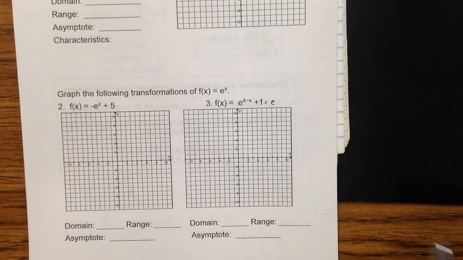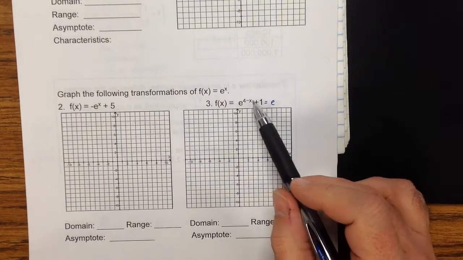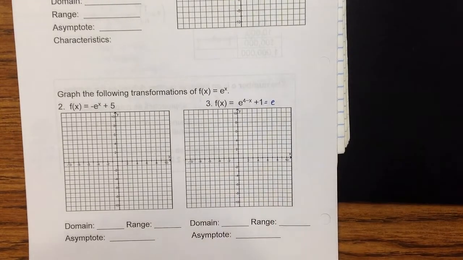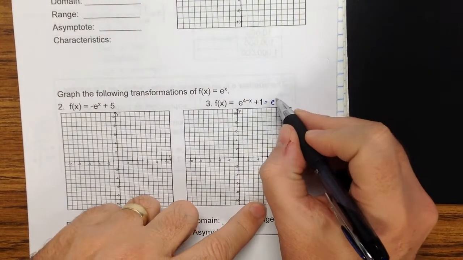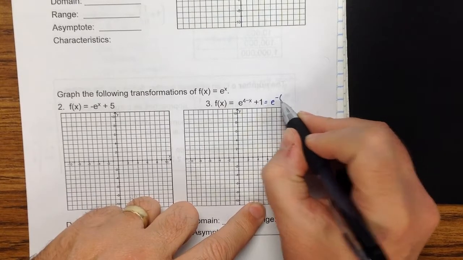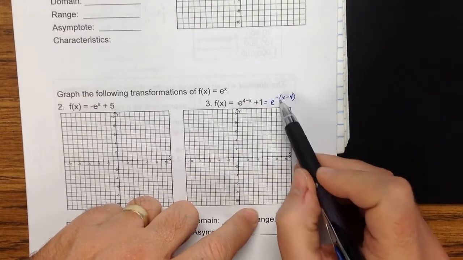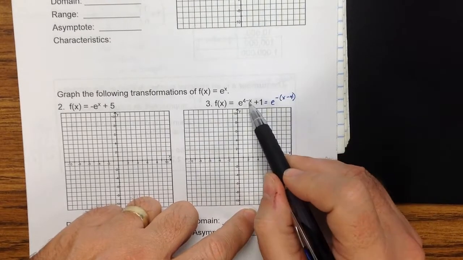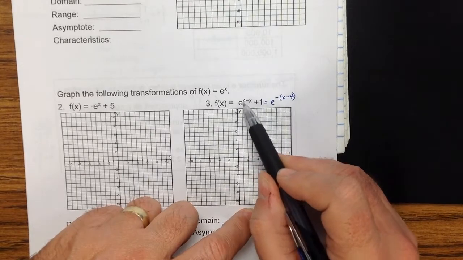Number 3 says f of x equals e to the 4 minus x power plus 1. So I want to rewrite this exponent in terms of a positive x. So I'm going to factor a negative out. And if I factor that negative out, I'll have a positive x minus 4. Because if I distribute the negative, negative x gives me this minus x. A negative of minus 4 gives me that positive 4